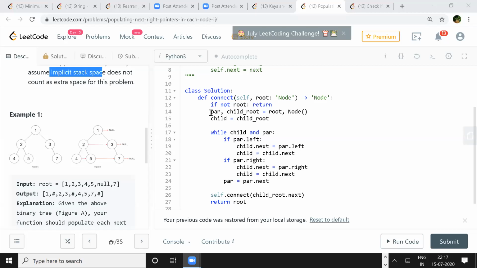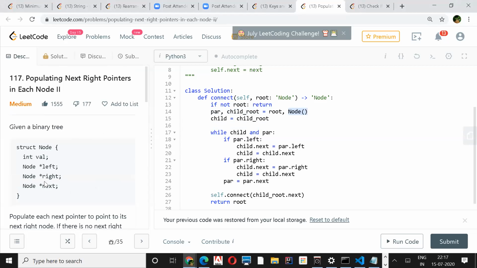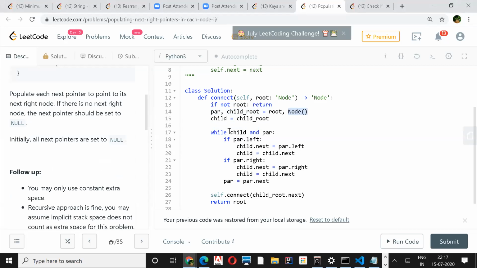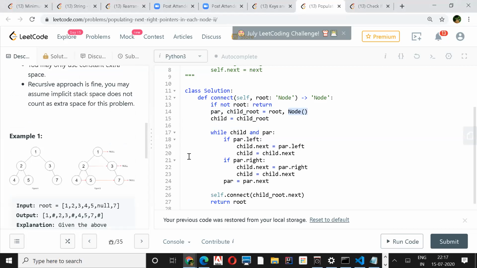Shashank, in your code, you had the same DFS approach, right? Almost. I made the first child the root, with the same node structure they have given. As long as my child is not null and parent is not null, I check if the parent has a left child.